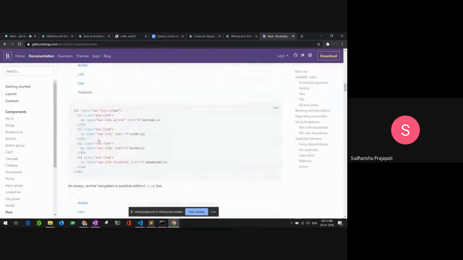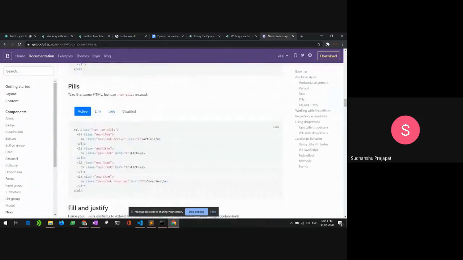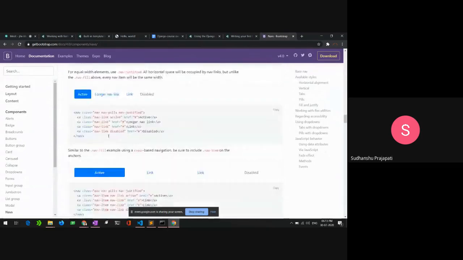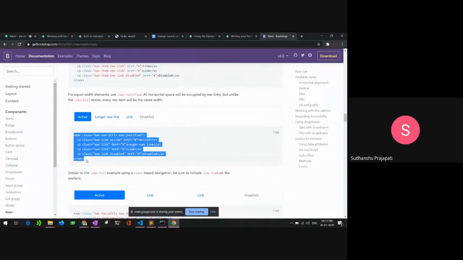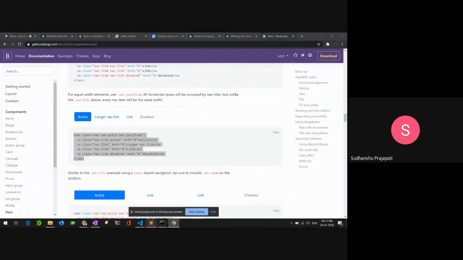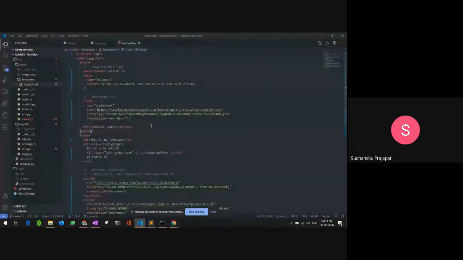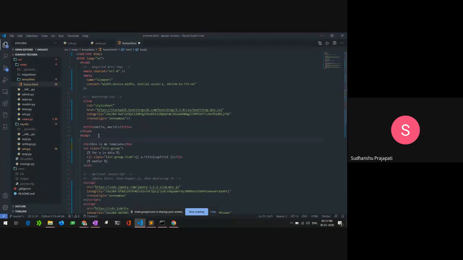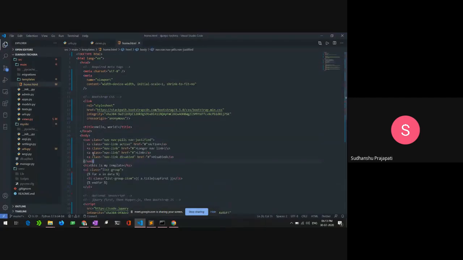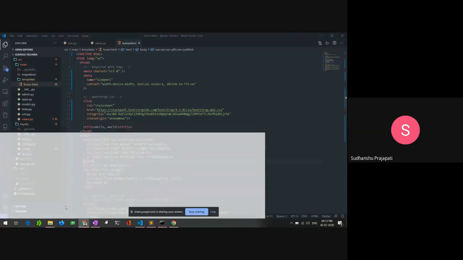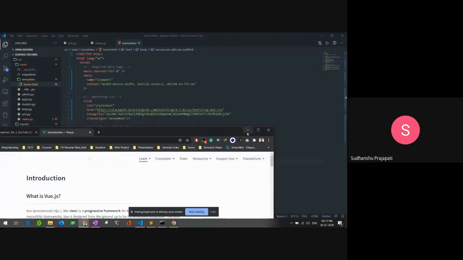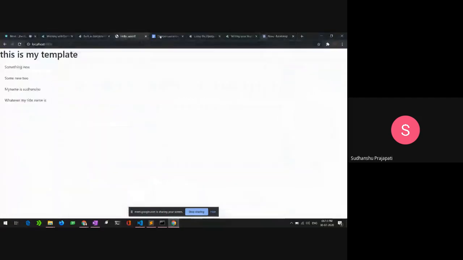Let me copy any of the navigation bars, I will just copy this one, and get right back into my HTML template, that is home.html. And inside the body tag, I will put my navigation bar and save it. After that, I will go to the localhost and reload it to see if it is working or not.